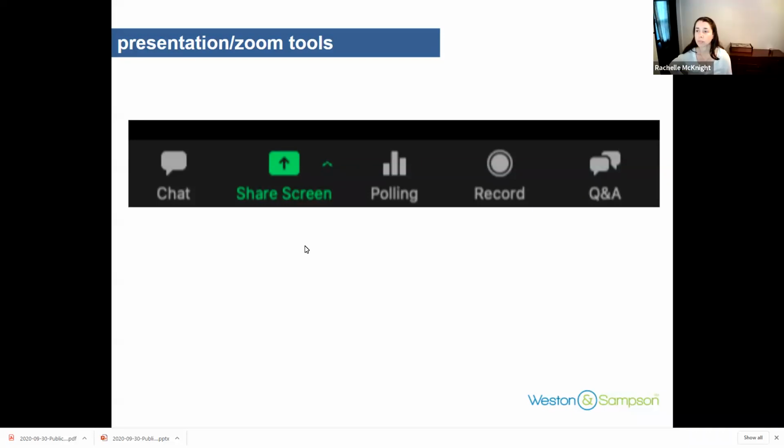If you see the chat option in the gray navigation pane at the bottom of your Zoom screen, it should say chat. That's where the cursor is right now. If you click on that, it'll pop open a dialog box to the right of your screen, and you should be able to write in your questions or your answers as we require. The second thing we are using, in case you're not able to comment, is the Q&A section. The cursor is right now on the Q&A.